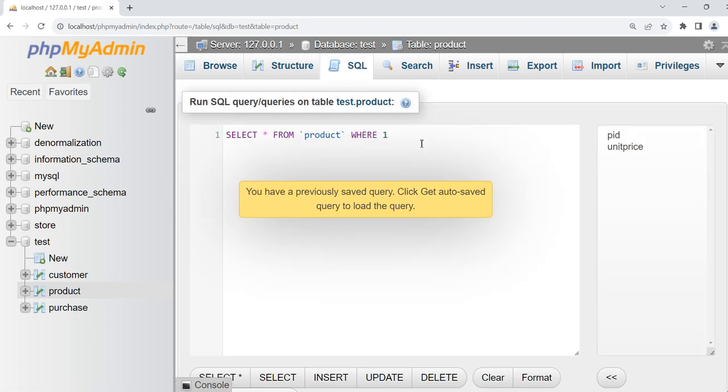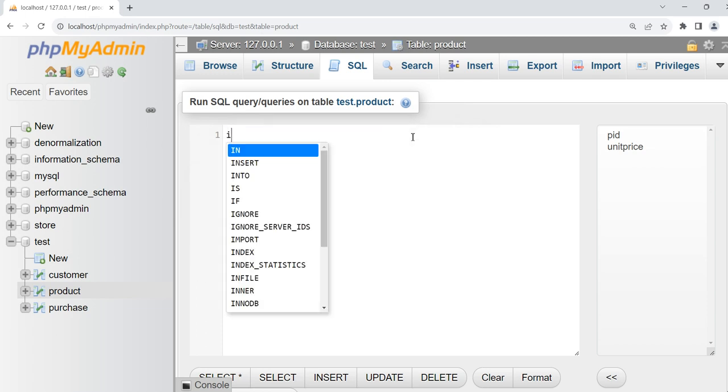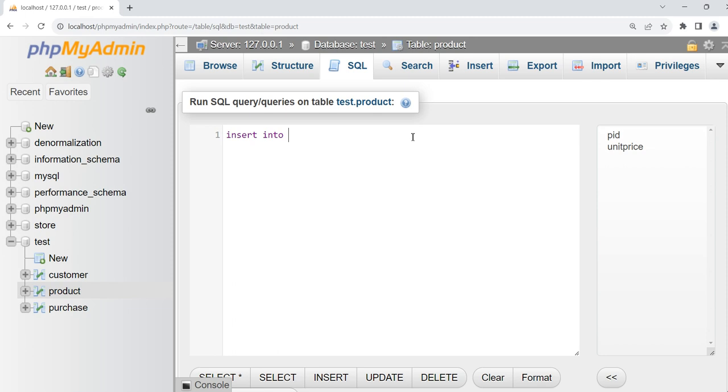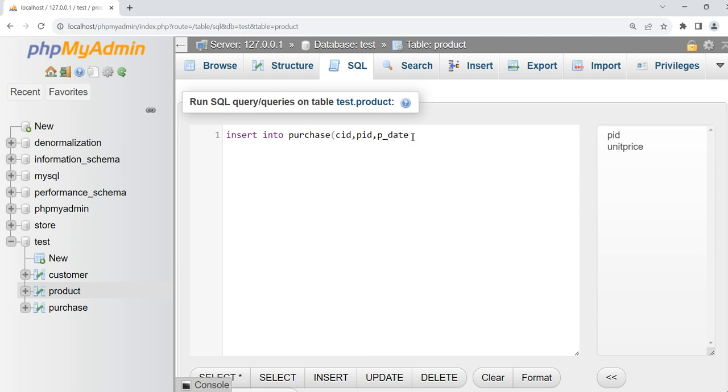Now let's insert records into the purchase table. This is the dependent table, so first we have to insert records in the primary tables, and only then are we supposed to insert records in the dependent table. Insert into purchase CID, PID, PDate. Okay, let's check, it's PDate. Values C100, P1, then date 2023 10